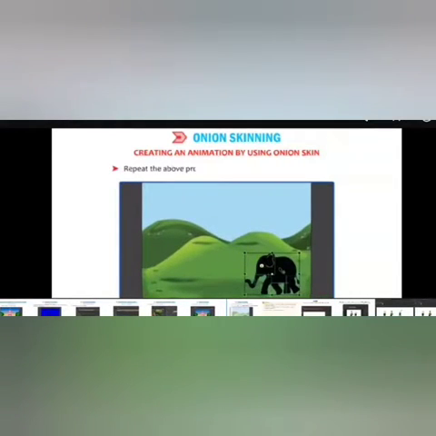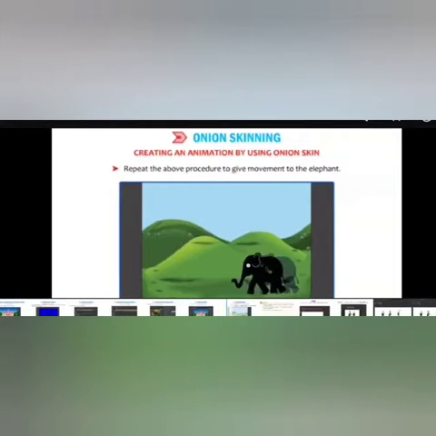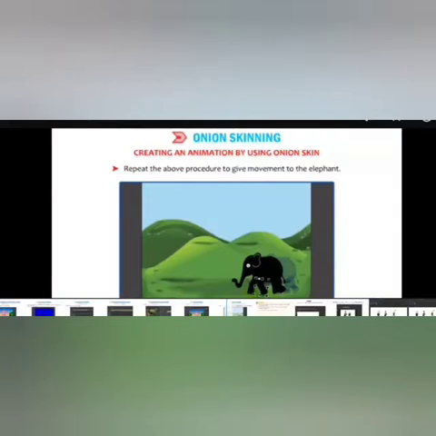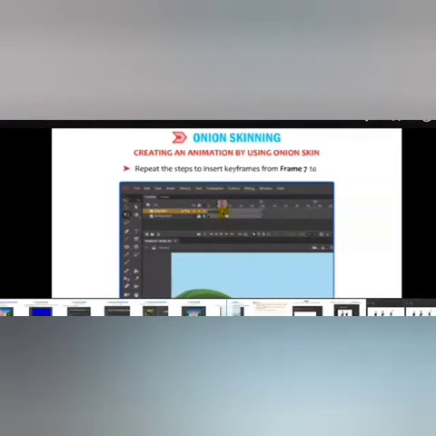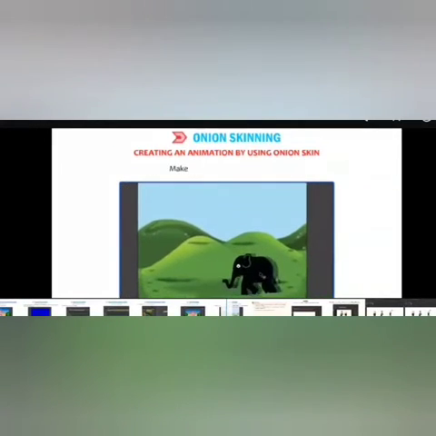Click on frame 5 and press F6 to insert a keyframe and repeat the above procedure to give movement to the elephant. Repeat the steps to insert keyframes from frame 7 to 25.